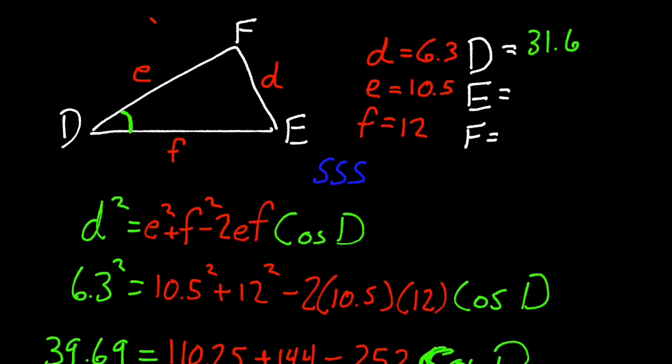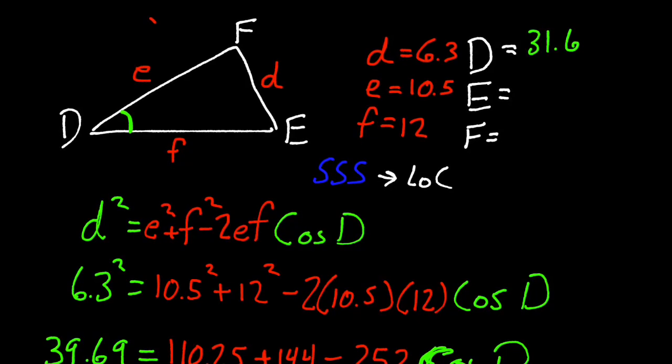Now we got to find the other two angles. And here we have an option, okay? We have three sides, just like before, and now we have a single angle. So, if I have side, side, side, I have to use the law of cosines first, and then I have